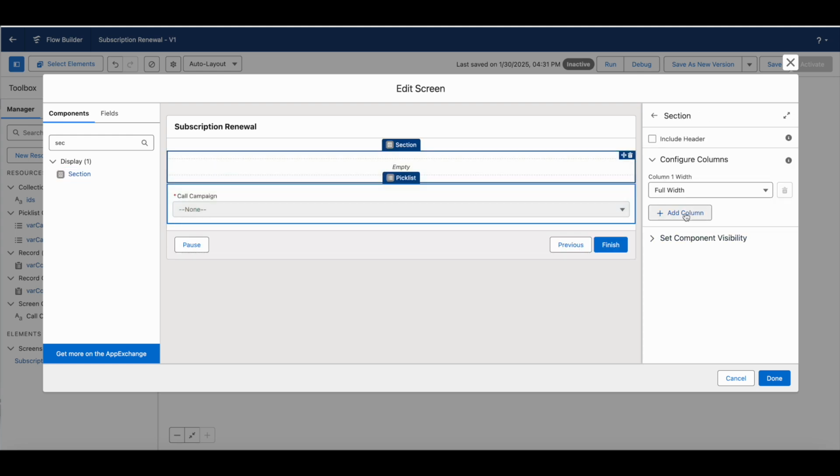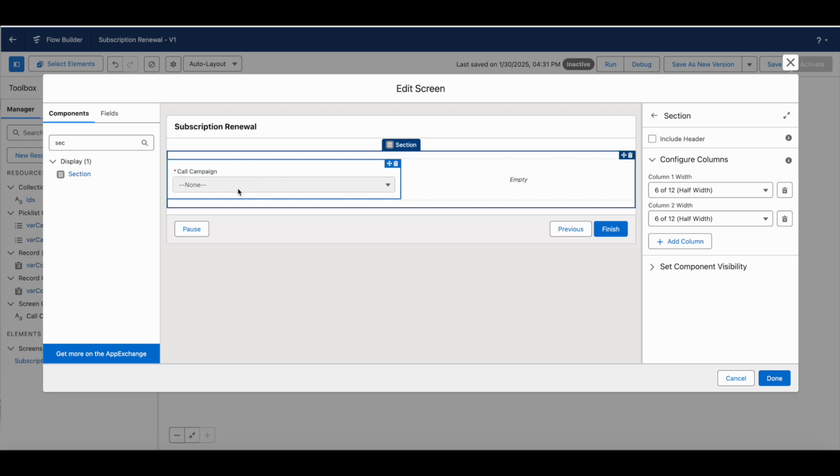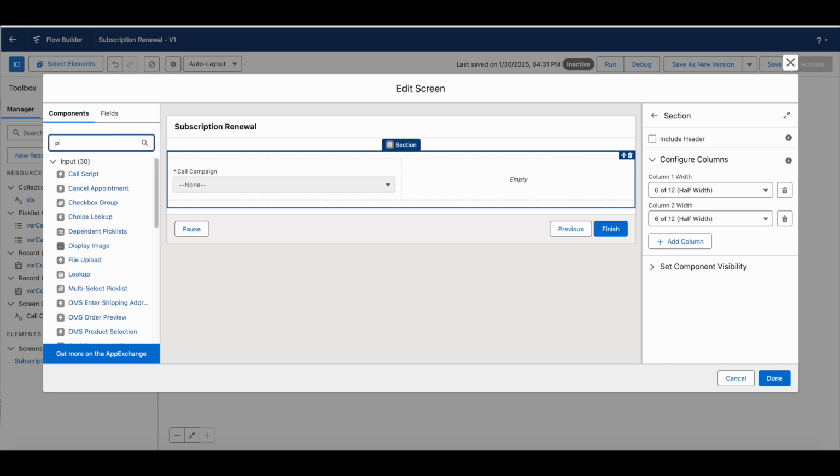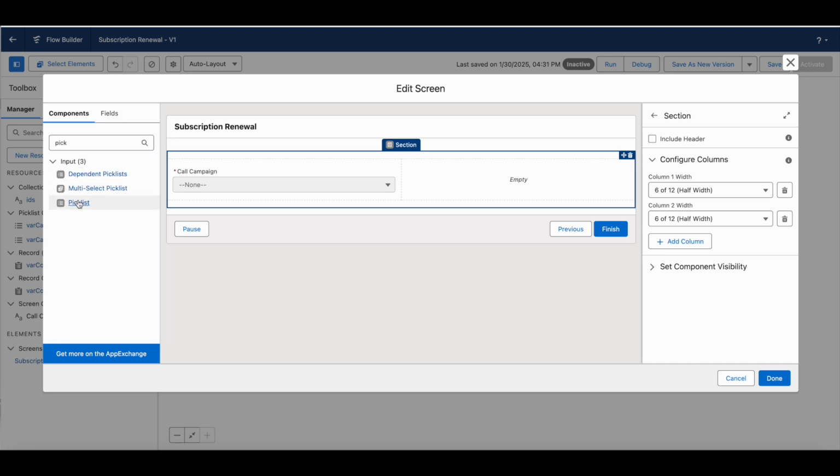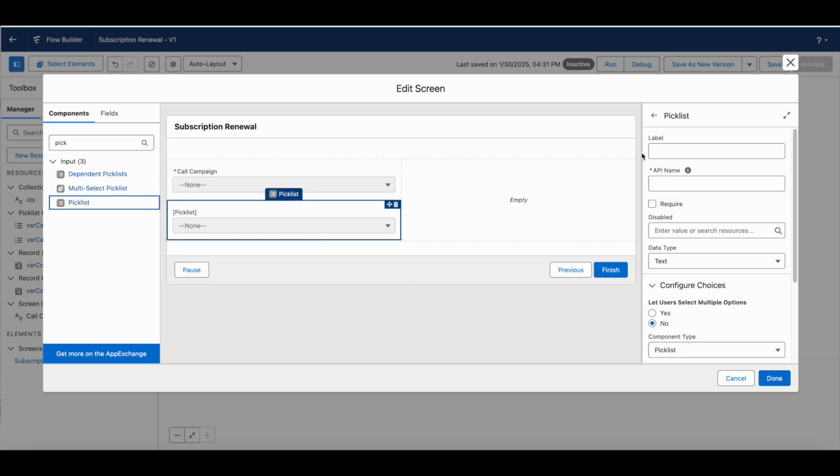Actually, we're going to add a section first because I like it when the pick list field doesn't span the whole width of the screen. So a section allows us to define columns, so a 2-column section, and I'm going to put the second pick list, call campaign status, just under the first one. So we'll drop that in, and then we need to give it a name,